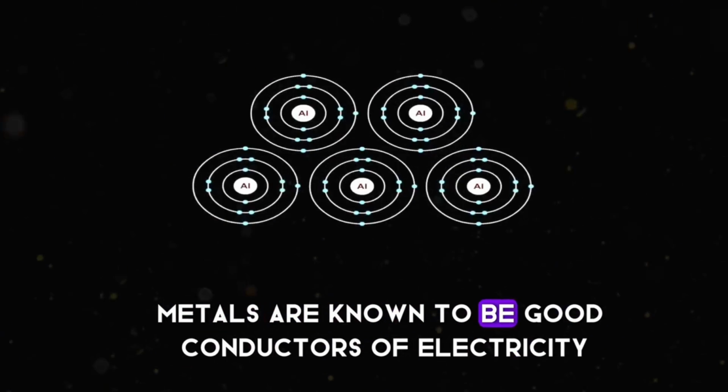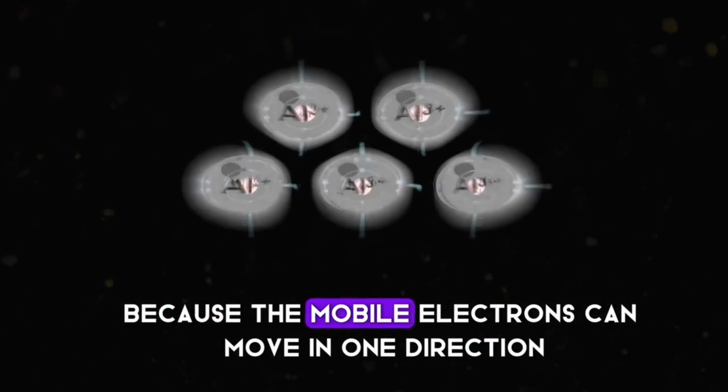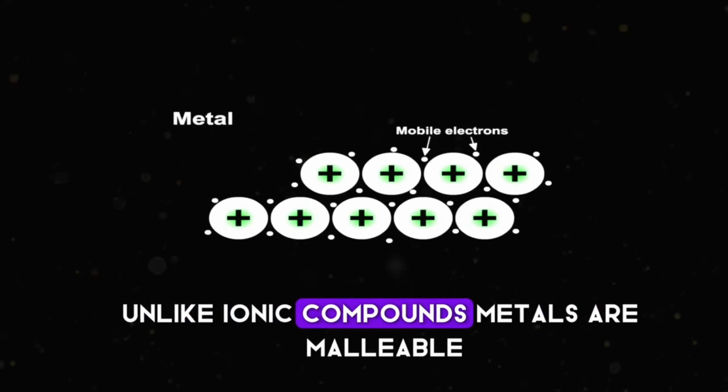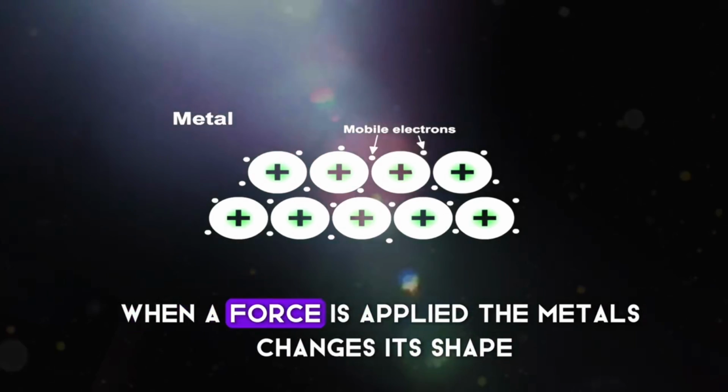Metals are known to be good conductors of electricity because the mobile electrons can move in one direction when a voltage is applied. Unlike ionic compounds, metals are malleable. When a force is applied, the